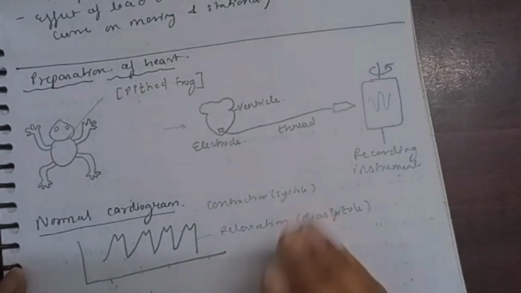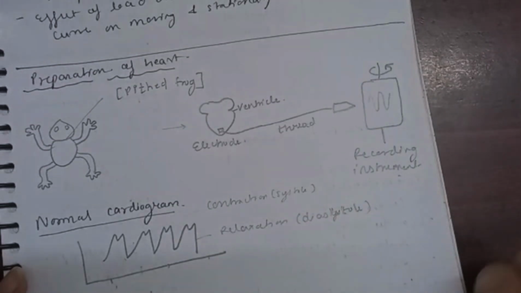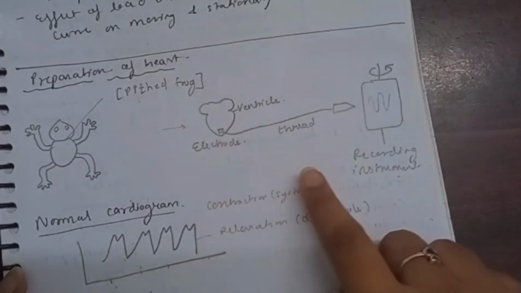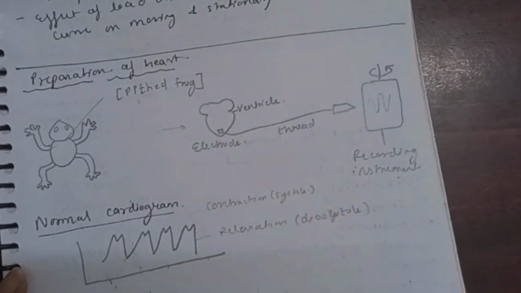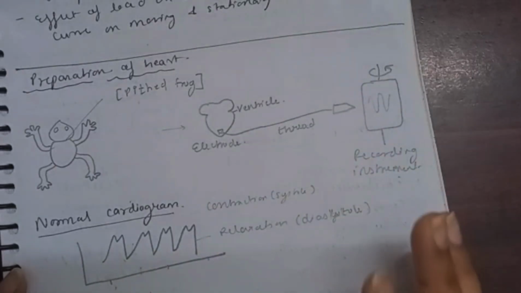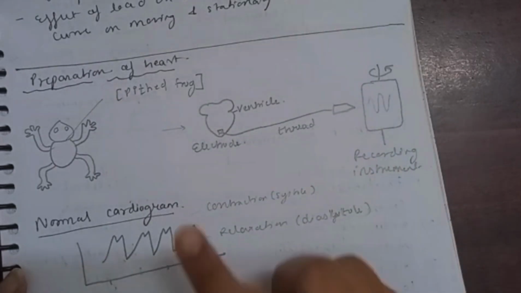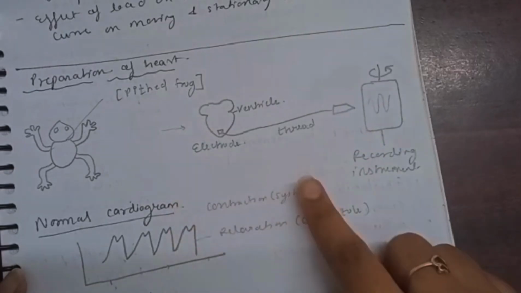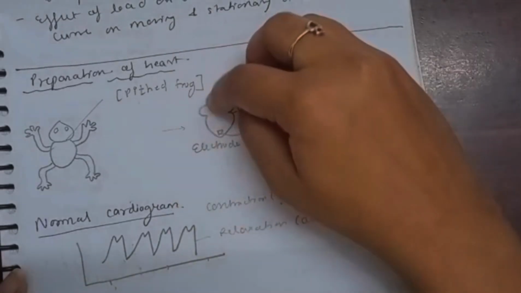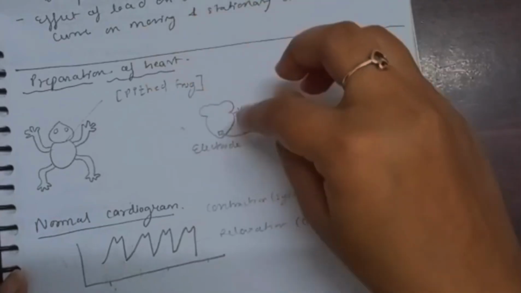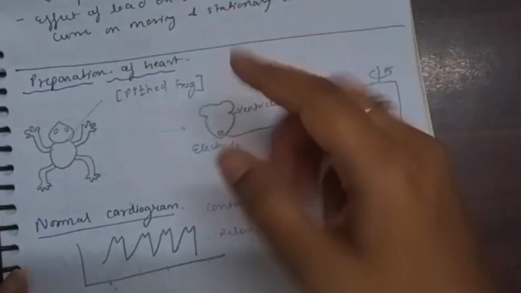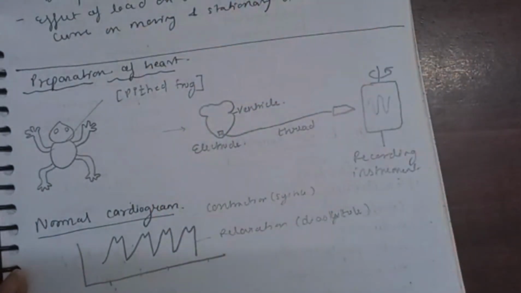Though frogs have a three-chambered heart, it doesn't have a specialized conductive system like humans do, like the AV node, bundle of His, and the Purkinje fibers. It is not present in the heart of the frog. The frog's conductive system is simple: sinus venosus, then the atrial musculature, and then the ventricular musculature. As the sinus venosus sends the impulses, the atrial musculature contracts, then the ventricular musculature contracts, and there is this